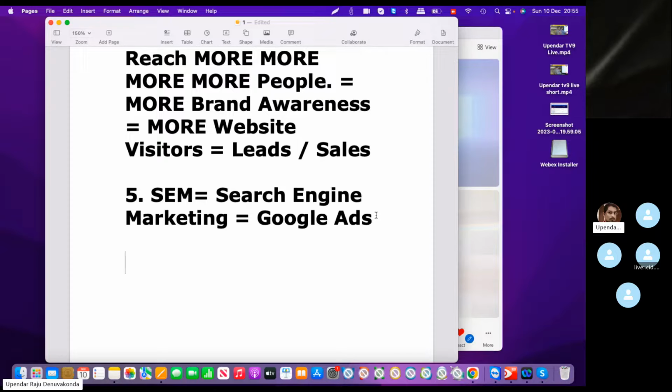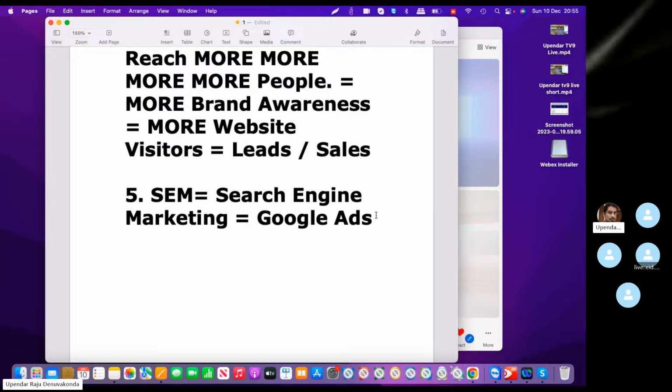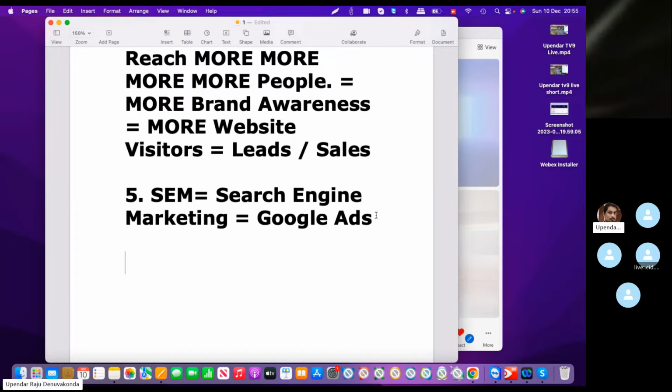But I told you search engine optimization would take some time. Maybe it takes 6 months to rank in top positions, or it might take 1 year, it might take 2 to 3 years. But if you want to rank in the top positions much faster, so that you will not miss the customers who are coming to Google today and looking for your business services and products,